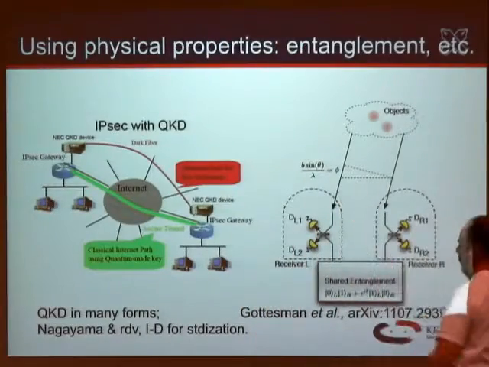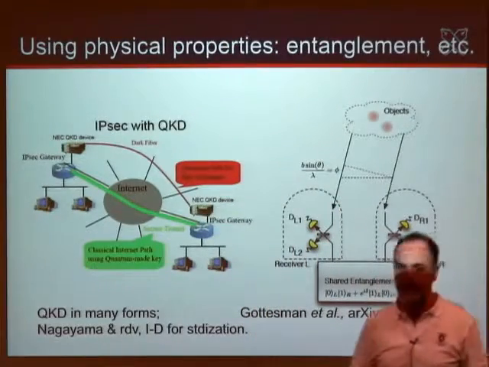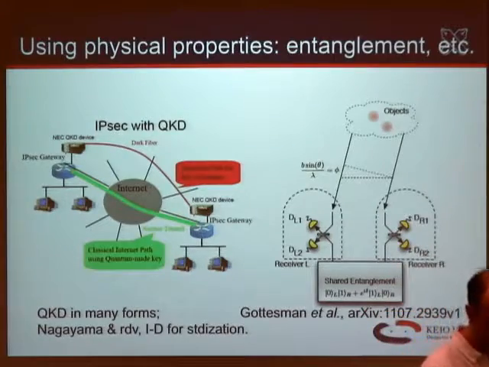Another one that came out last year, which I was really thrilled with, was Daniel Gottesman showing how you can take distributed Bell pairs and use those to improve the precision of measurement of optical telescopes. So doing effectively interferometry where your reference standard is Bell pairs rather than some sort of distributed classical signal in that sense.